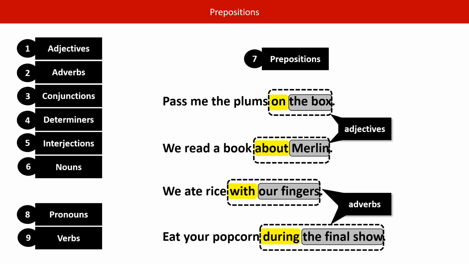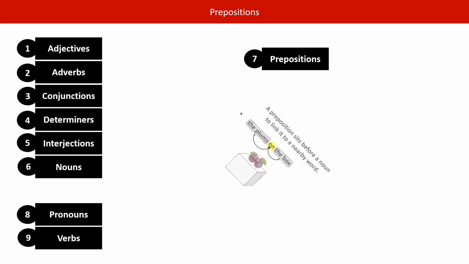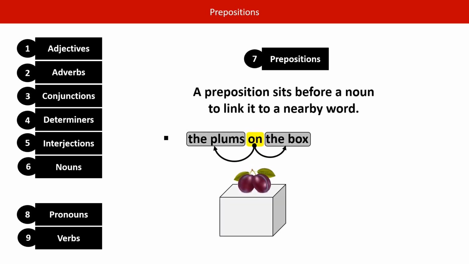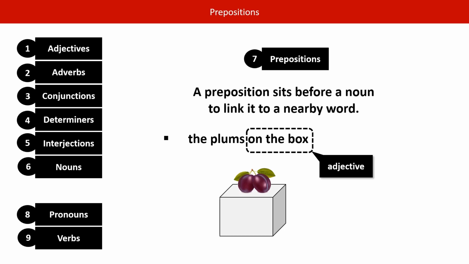Okay, let's finish with our original example. A preposition sits before a noun to link it to a nearby word. Okay, we've got that. We don't need that stuff anymore because we're trained. On is our preposition. On the box is our prepositional phrase, and it's describing the plums. On the box is a prepositional phrase, and it's functioning like an adjective. Don't forget, prepositional phrases can also function like adverbs. That's all I want to say about